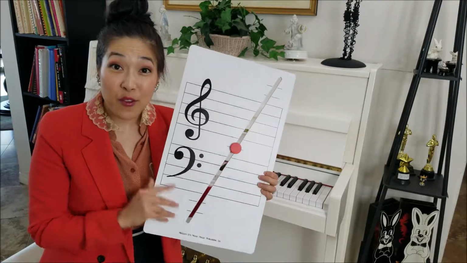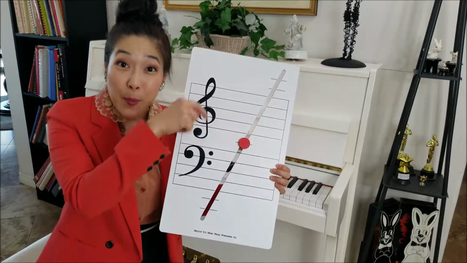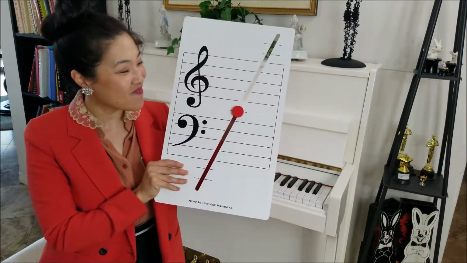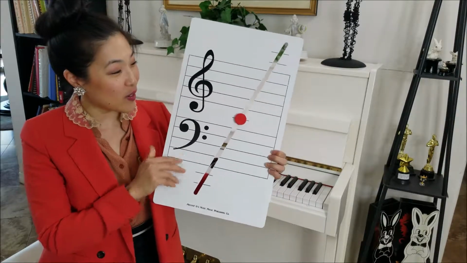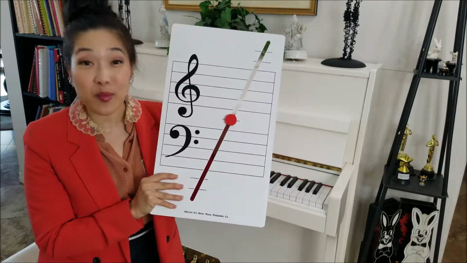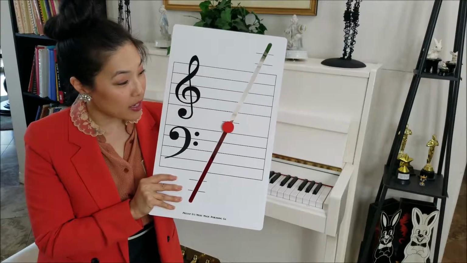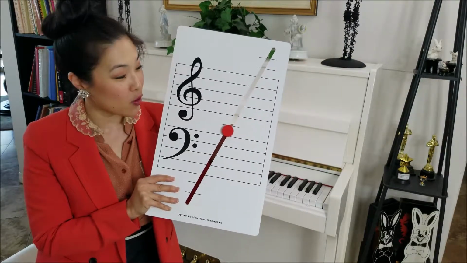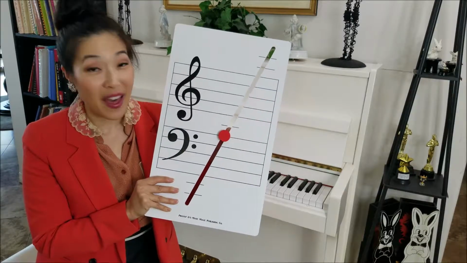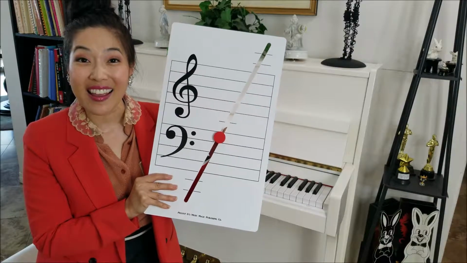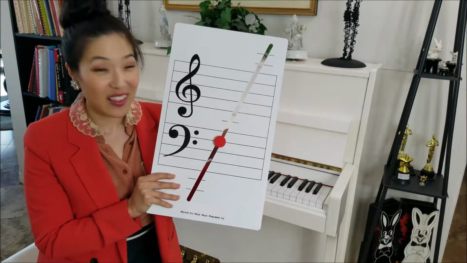So it's the same thing, it follows the music alphabet, except now we're going backwards because we're going down, right? So we'll start on middle C, because that anchors both of the staffs together, both of the clefs. So we're going to start on middle C and go down. So what is the space below middle C? It's B, because B is before C, right? And then the line below that, A, and then the space below that, G, and the line below that, we